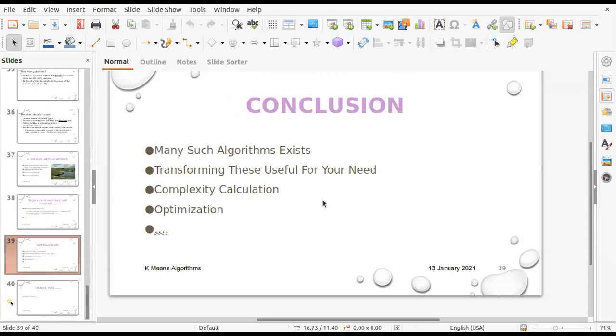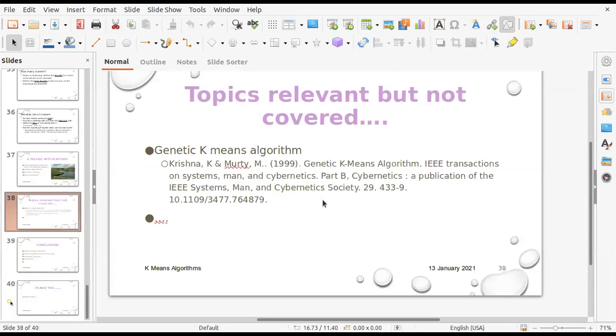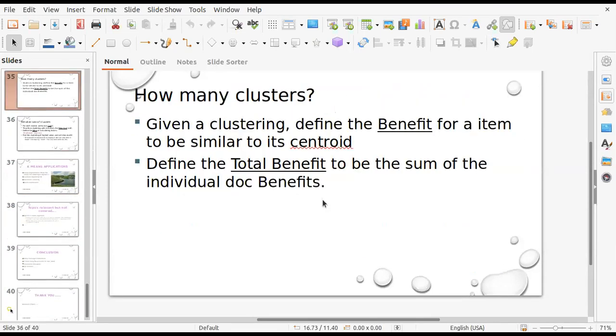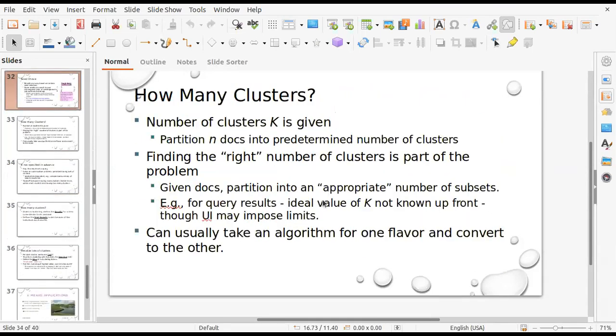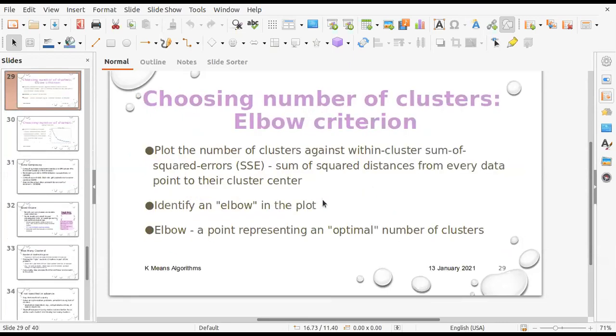All right, so this is all about the K-means algorithm. Though it looks very simple, many times it has been seen that students just say they know the K-means algorithm, but as far as understanding or implementation is concerned, they lack the understanding or the logic behind it.